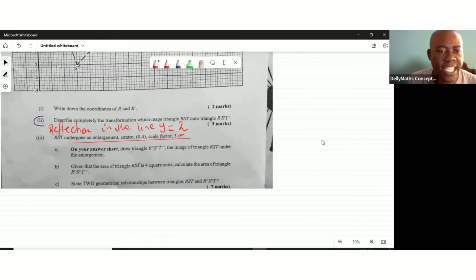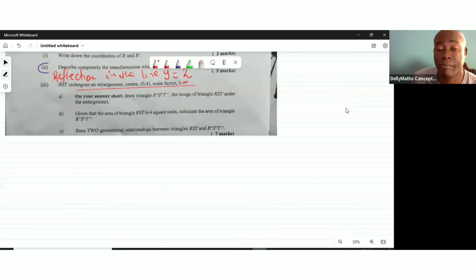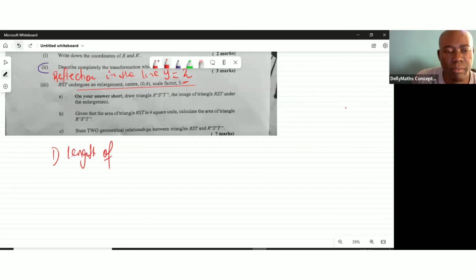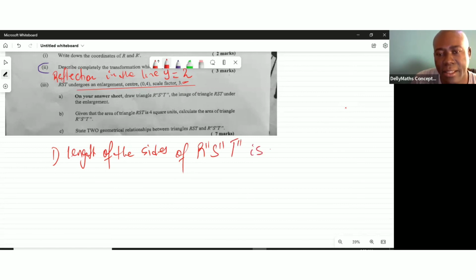Next, state two geometrical relationships between triangle RST and R double prime, S double prime, T double prime. We are just going to state the obvious here. Two geometrical relationships. Now, definitely, number one, we could use the scale factor to do it. Using the scale factor 3, we could say the length of the sides of R double prime, S double prime, T double prime is 3 times longer